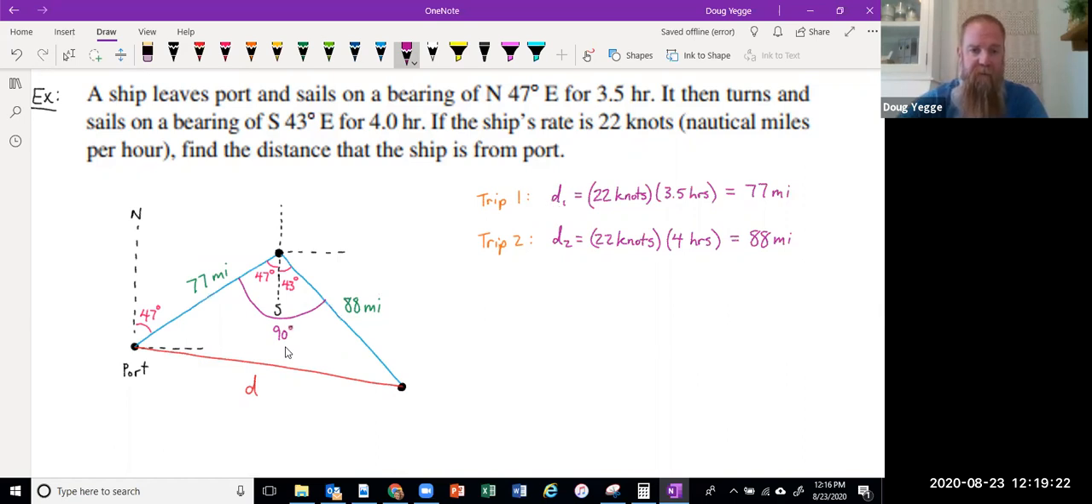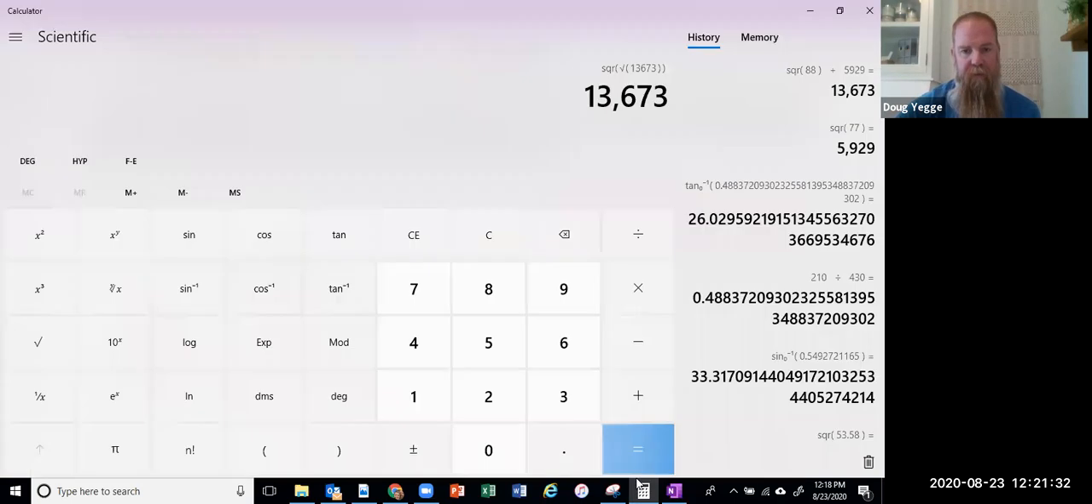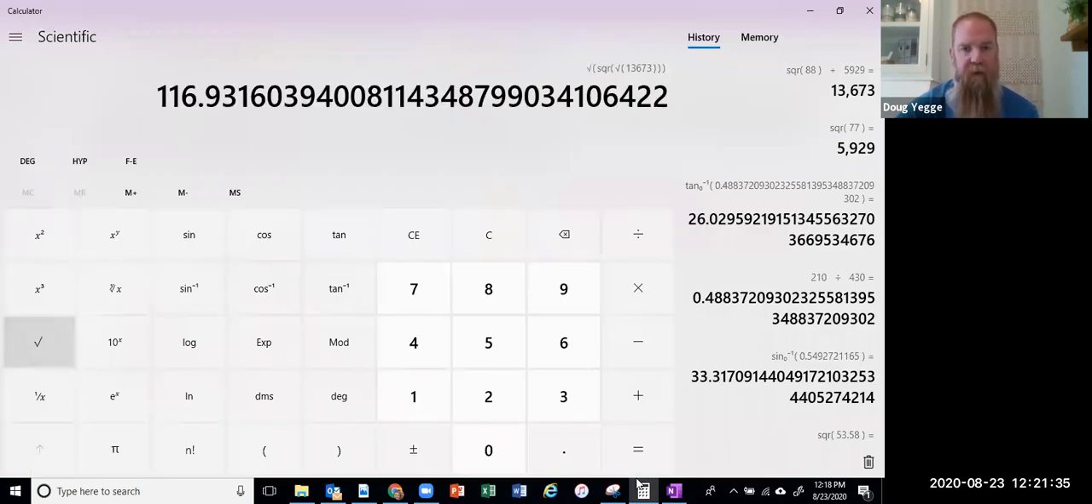Okay. All right, so I've got 77 squared plus 88 squared is going to equal the hypotenuse, which is d, or the distance, squared. By squaring each of these values, we get 5,929 plus 7,744. Add them together and we get 13,673. Okay. But that's still not the distance until we square root both sides. And when we do so, we square root 13,673, and we get approximately